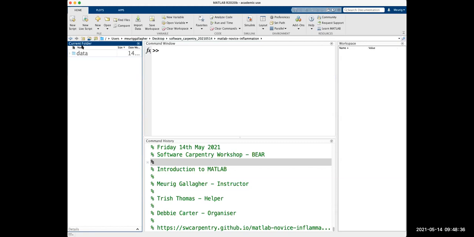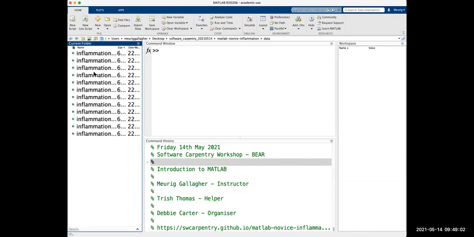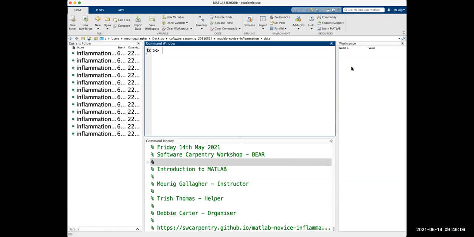We've got some other things here. So we have our current folder. This tells us where we are, or if you see up here, it tells you what folder we're in. The current folder is really important because MATLAB looks for commands to run either within the MATLAB installation itself, or you might have some custom things in here that it needs to look for. So if we try and load up something that's in data and we're not in the data folder, that's going to be an issue. But if we double click and go into the data folder, we could load up some of these files. And we'll talk more about that in a second.